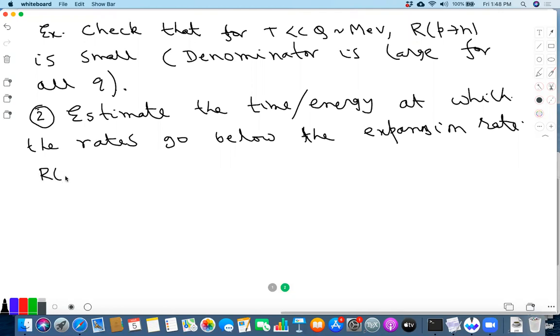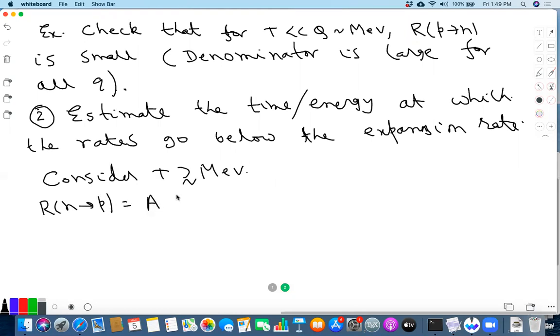So Rn goes to P. Let me use that formula. So now let's look at, we consider T to be larger than of order MeV. Okay, and we'll just make some rough, order of magnitude estimate. Okay. So Rn to P